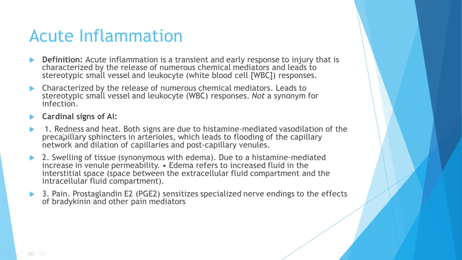Number one is redness and heat. Then there is swelling of tissues, and then there is pain. The redness and heat, both signs are due to the histamine-mediated vasodilation of the precapillary sphincters in arterioles, which leads to flooding of the capillary network and dilation of capillaries and post-capillary venules. Swelling of tissues, which is synonymous with edema, is due to the histamine-mediated increase in venule permeability. Edema refers to increased fluid in the interstitial space. Pain is due to prostaglandin E2, which sensitizes the specialized nerve endings to the effects of bradykinin and other pain